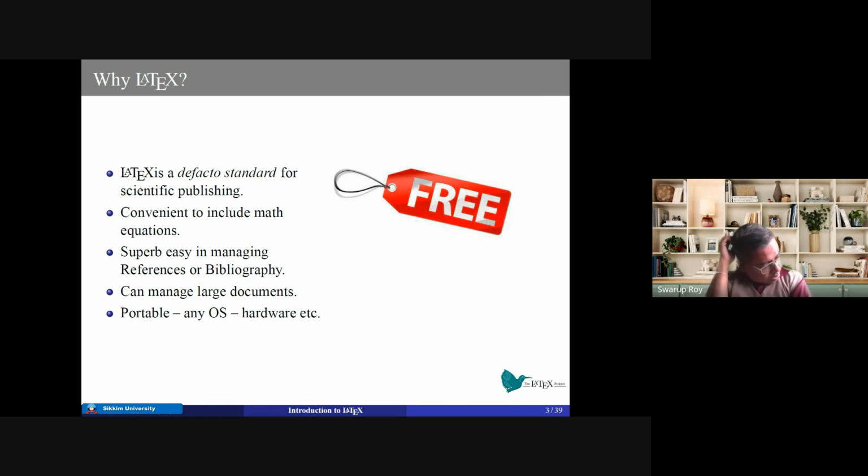Okay, to get an authentic version of any Microsoft software, you have to pay. But here it's very good that it's completely free. Okay. So as I've mentioned before, LaTeX is going to become a de facto standard for most scientific